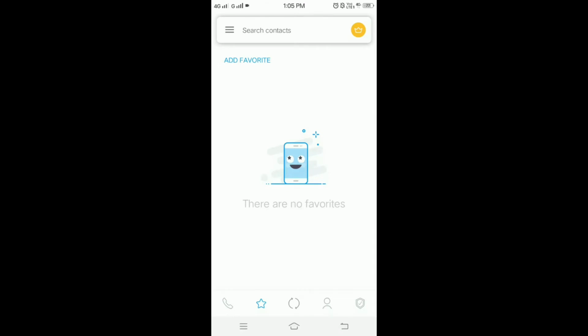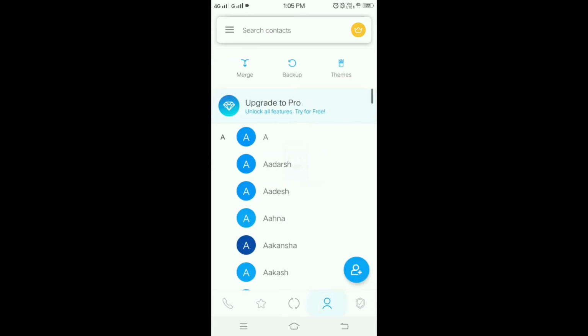In addition to monitoring spammers over phone calls, Sync.me also offers spam detection for text, letting you know where exactly these messages are coming from. Here, in the contact list, you can merge, backup, and also change the themes. So, overall, it is a simple address book application which you can use.